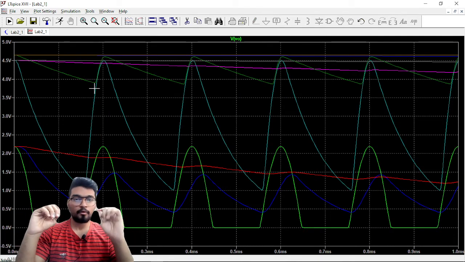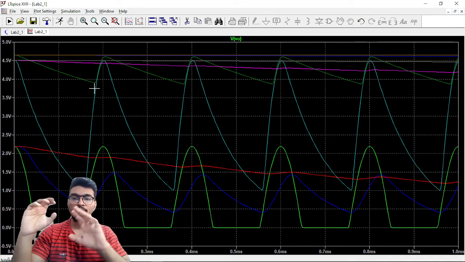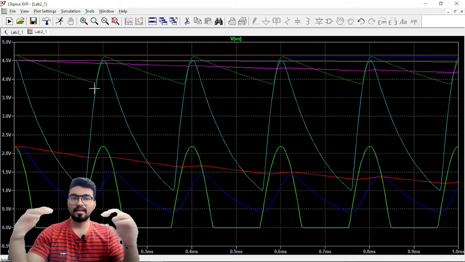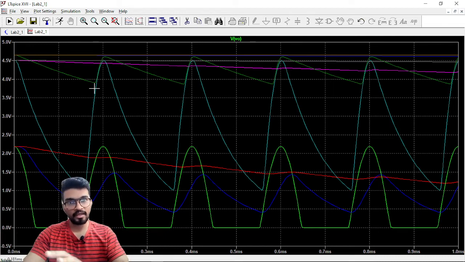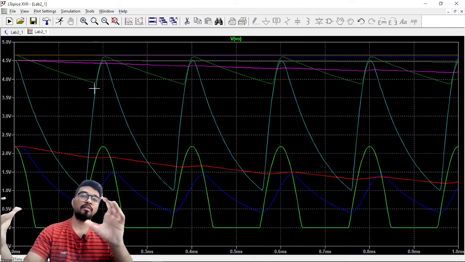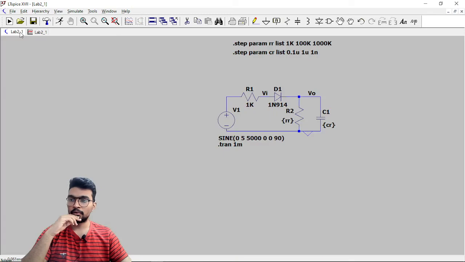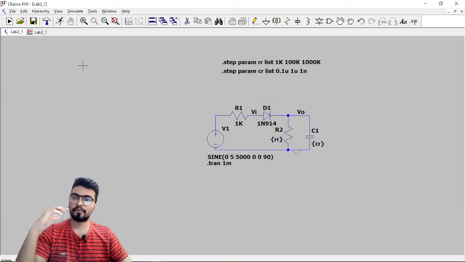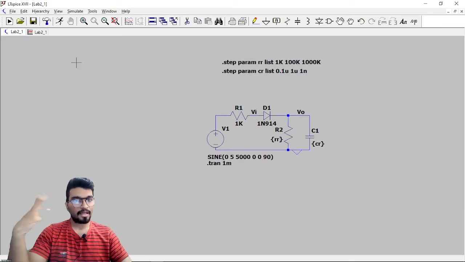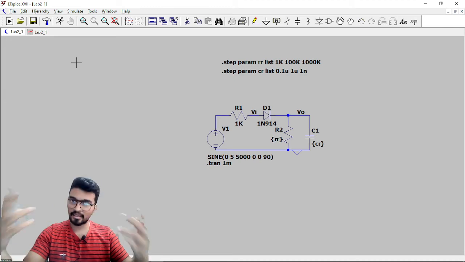Okay, so for each question in this assignment, you need to follow and see the variations. Either first you can do all of this manually, and then you can combine them as I've done in this particular experiment. Okay, so you can understand the different variations that you are getting. So now let's move to the second question.